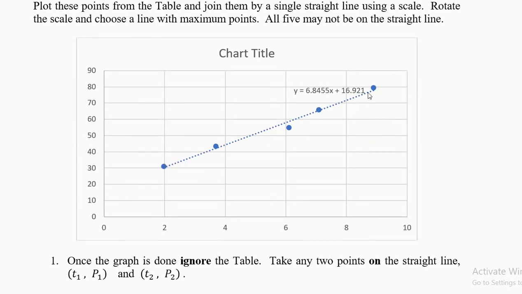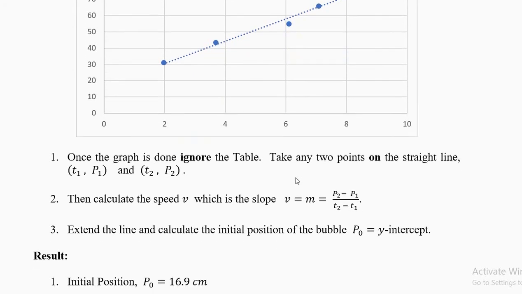Take your scale and fit the best line, and do not do this graph on the computer. You have to do it by hand. No computer graphs are allowed. You should know how to do it with pencil on a graph paper. So put all the 5 points, then rotate your scale and choose the best line. The line will not go through the origin in this graph. It will go somewhere around between 15, 20, 25.